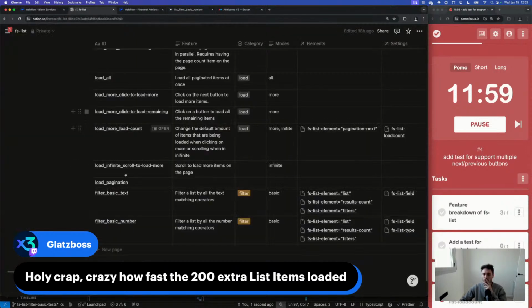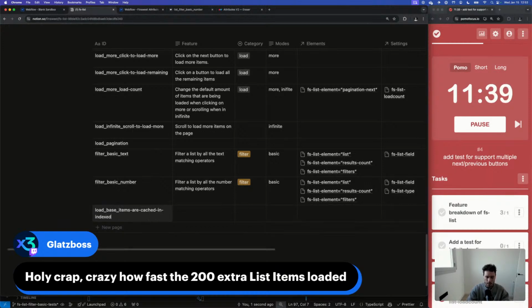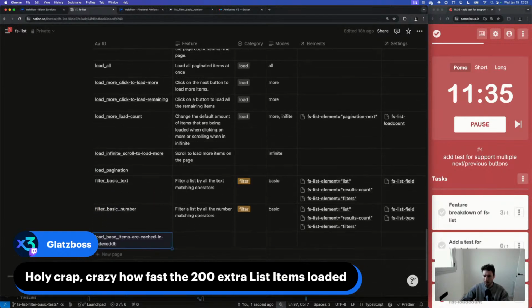Actually, you just made me realize that when loading, load base items are cached in IndexedDB, which is not what's happening now. It just made me realize.